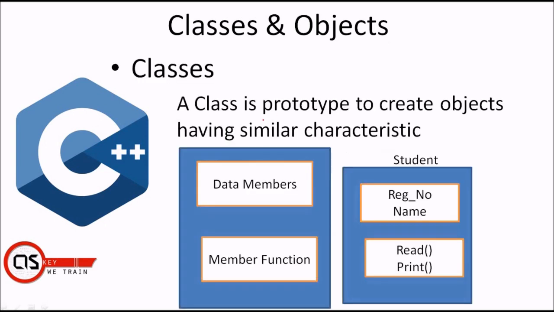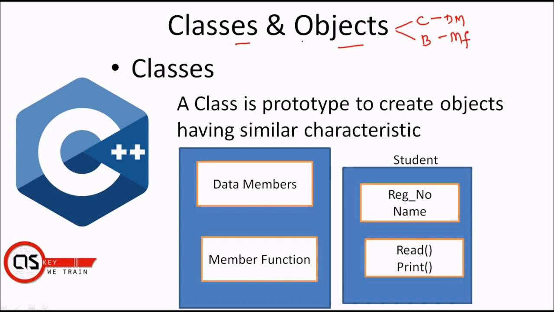So in the previous video we had discussed the OOPS concepts. The basic characteristics of OOPS are classes and objects themselves. So this definition we had discussed in the previous video. We know that an object is any real-time entity which has some characteristics and behavior, where the characteristics are called data members and the behavior is called member functions.